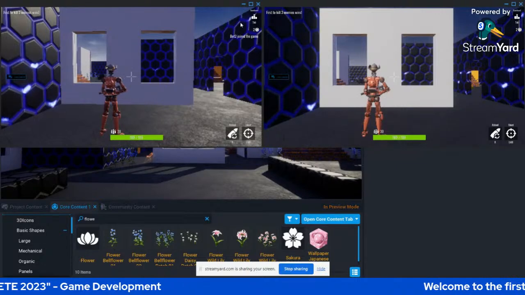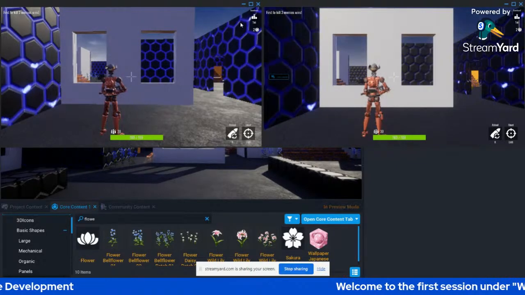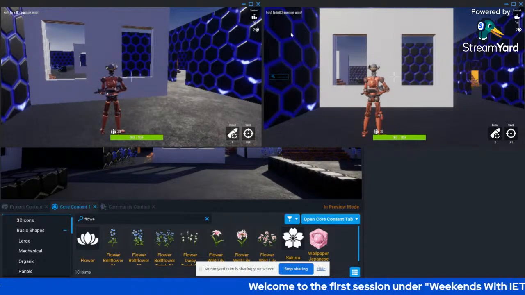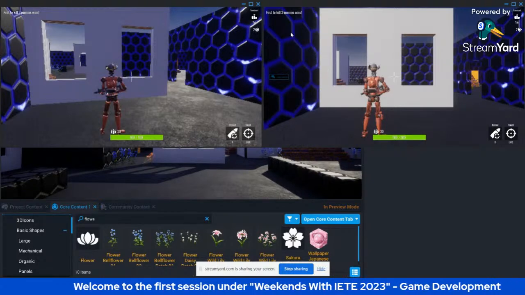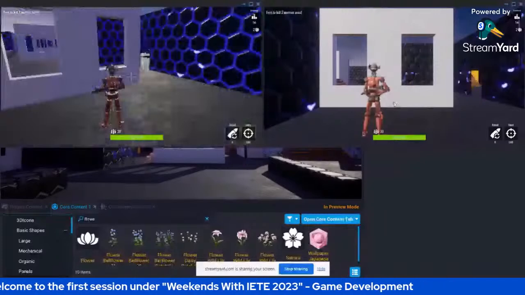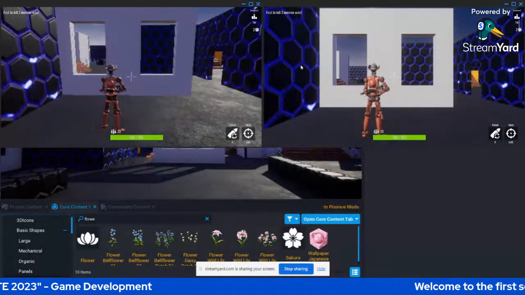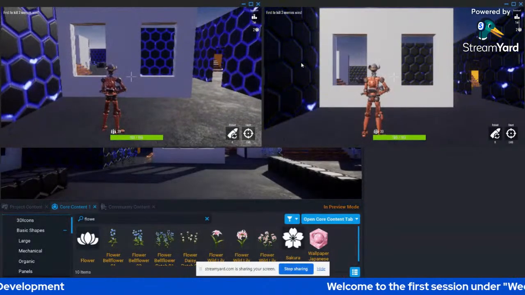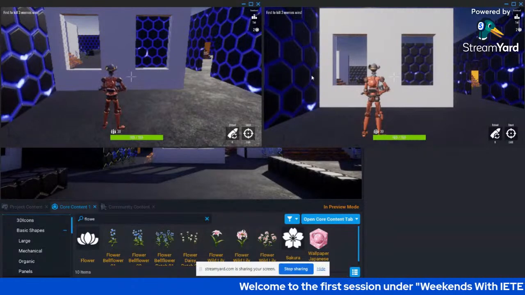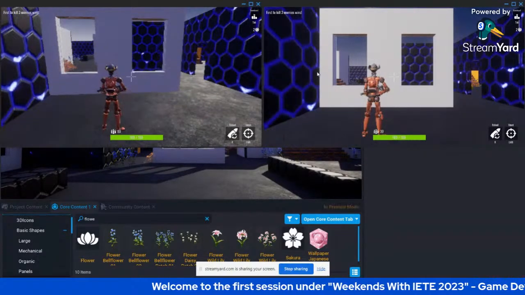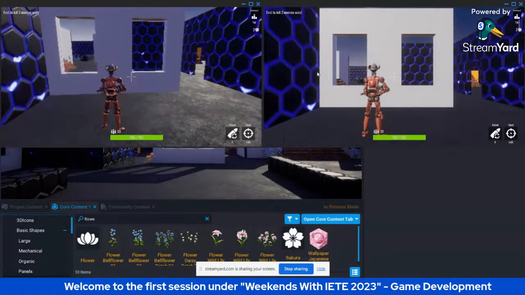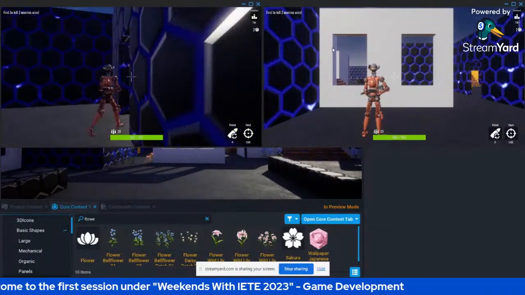Can you see? Now we have two options, two windows, the left one and the right one. We can see from different viewpoints, player 1 and player 2. Now, suppose you're creating a multiplayer game, how it will be visible to all the players, you can test it via this multiplayer preview mode. You just have to set the number of players and select preview.